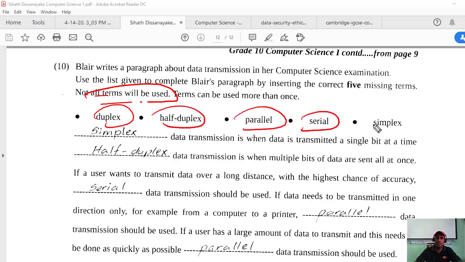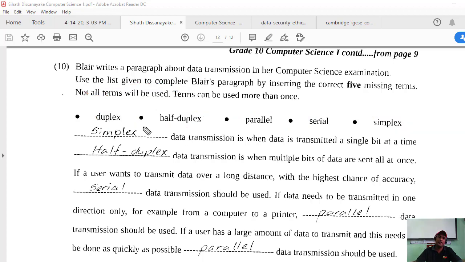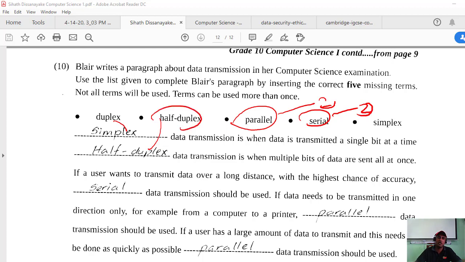They are saying that for these answers, sometimes you won't use all of them. Sometimes we can use one term two times, or another term one time, something like that. That's the idea.